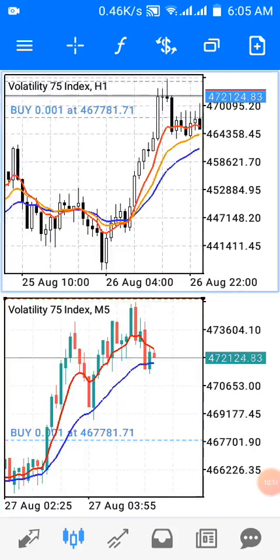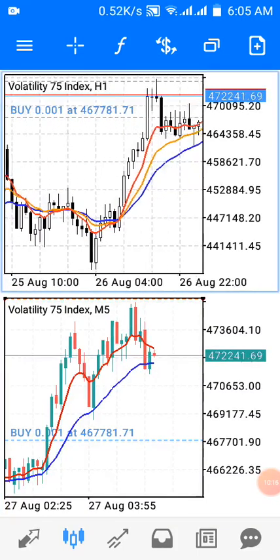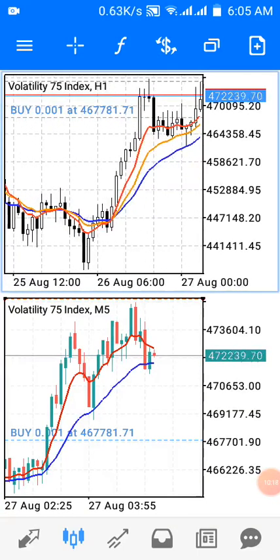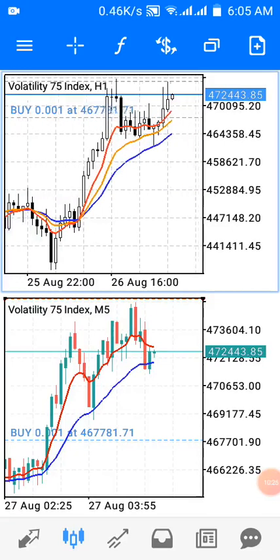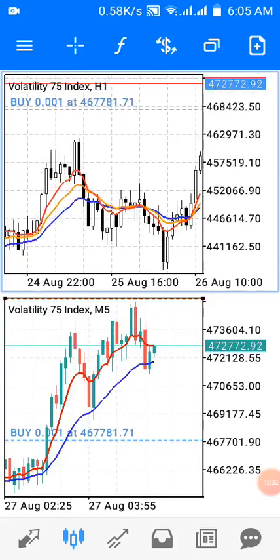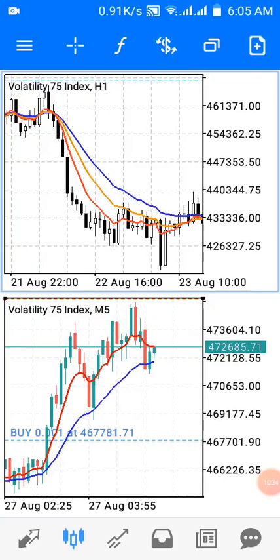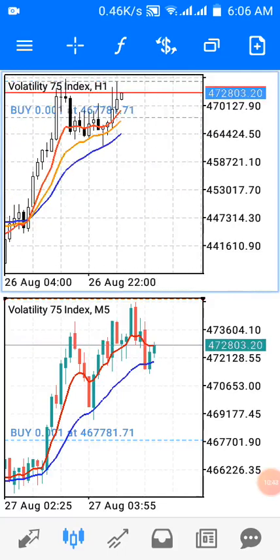You allow a trend to form on the upper window, which is when the red line crosses above the orange and blue line. Then you have your uptrend, or the red line crosses below, like we have here, below the orange and blue line. You have your downtrend. Once your trend is established on the upper window, which is your 1 hour time frame,